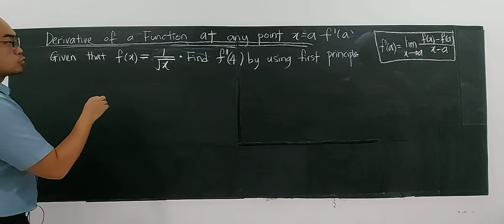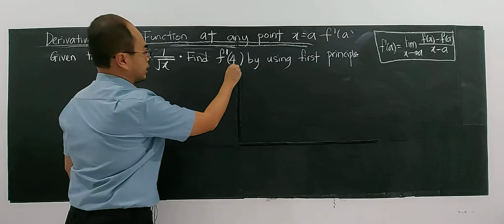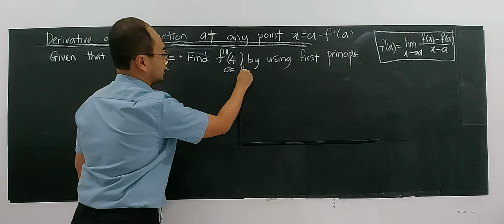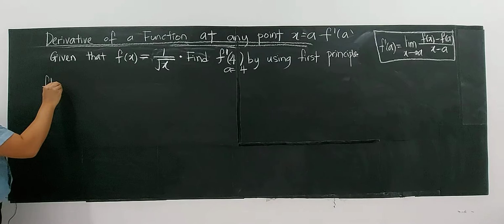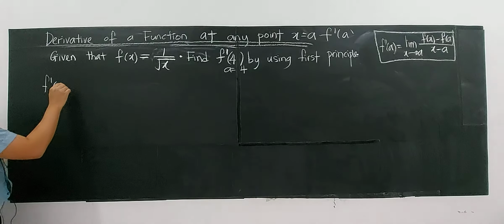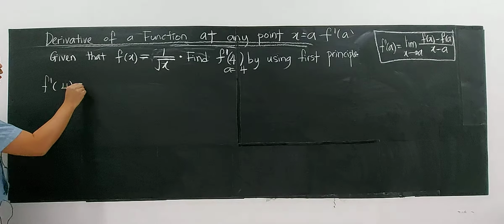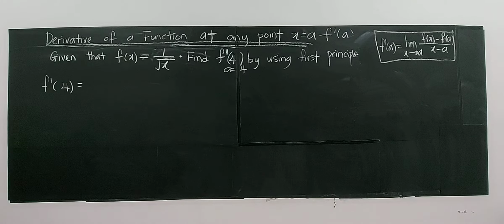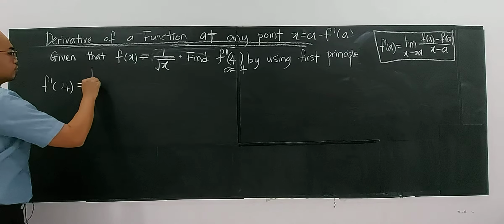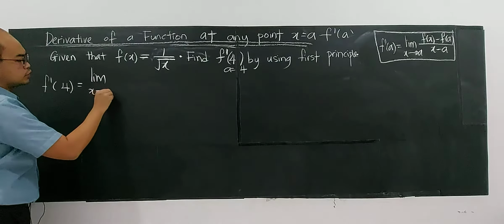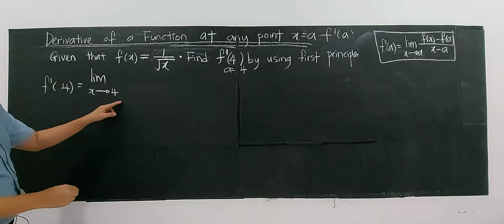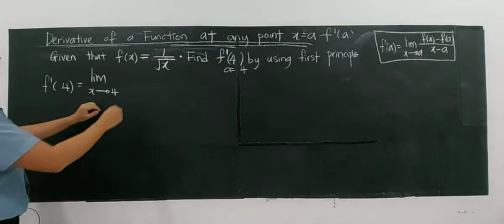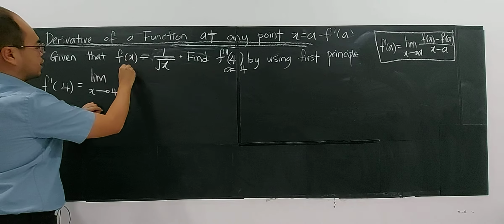Very simple. We have to know that your a value here is 4. So we put it into the formula: f prime a equals the limit as x approaches a, which means approaching 4. Then you have your f(x)